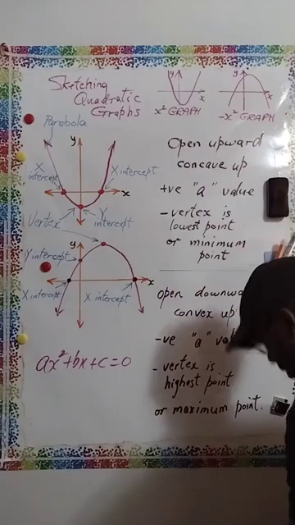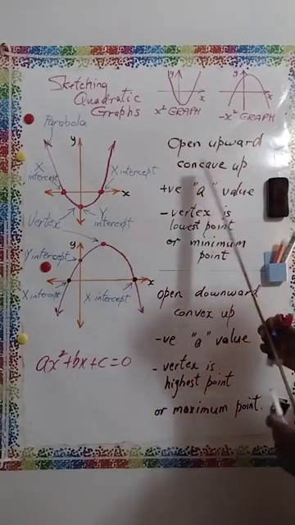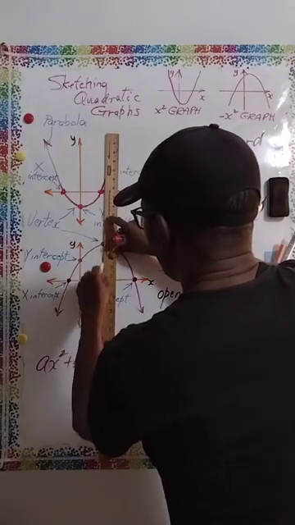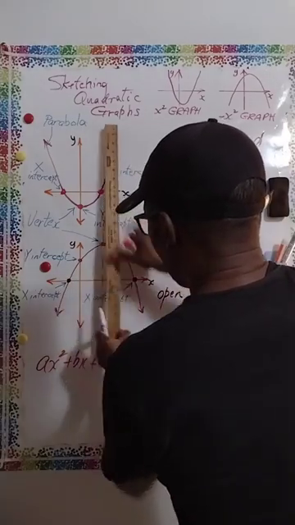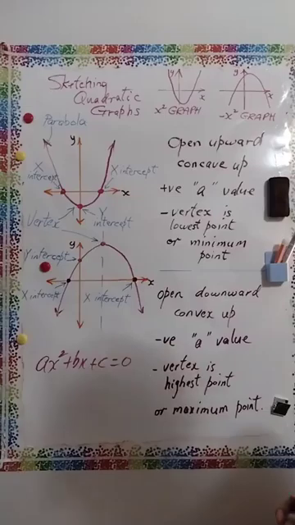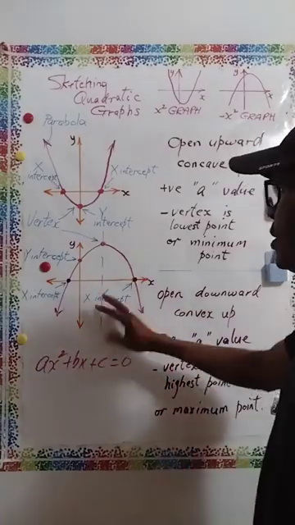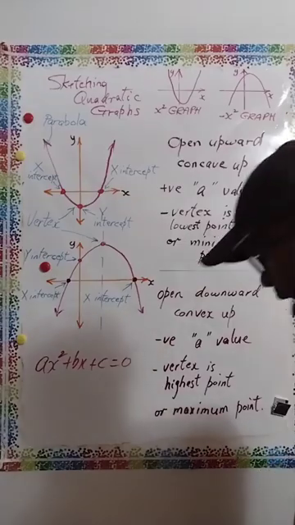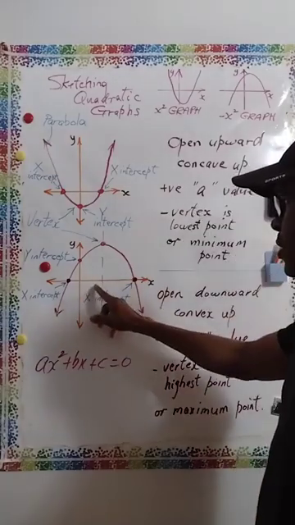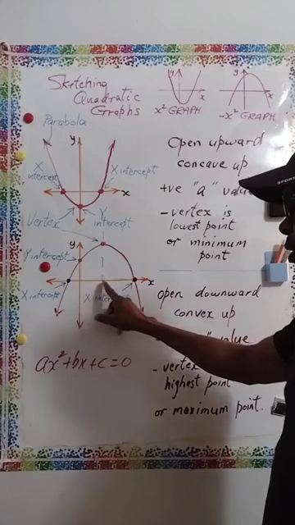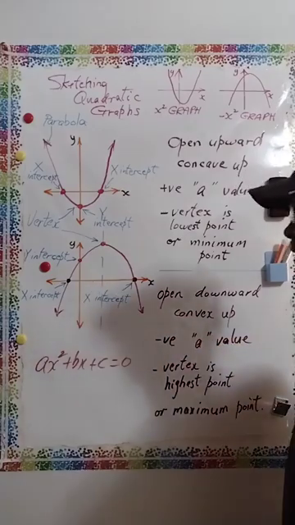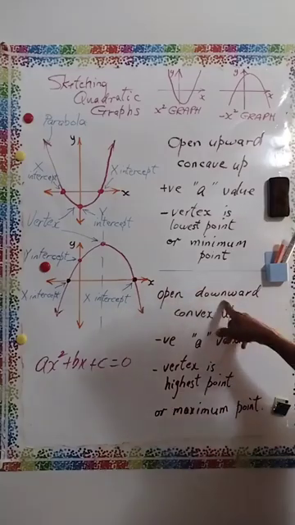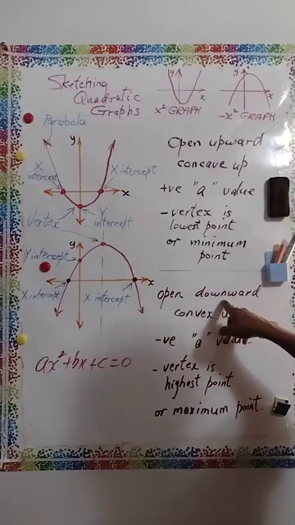If you look carefully now, this graph has its line of symmetry right here, but it's not on the y-axis. So I'm happy that this one was shifted a bit, so you can see that the y-axis is not always going to be the axis of symmetry, but it can move and become either 0, 1, 2, all dependent on the x-axis. With this graph, it is opening downwards, if you look carefully,